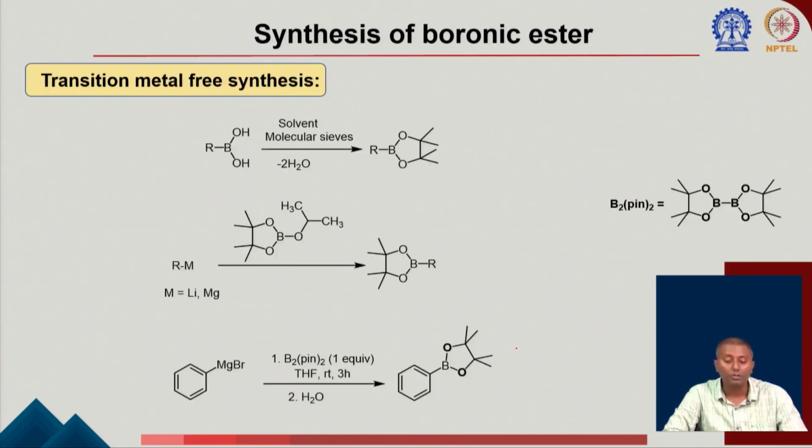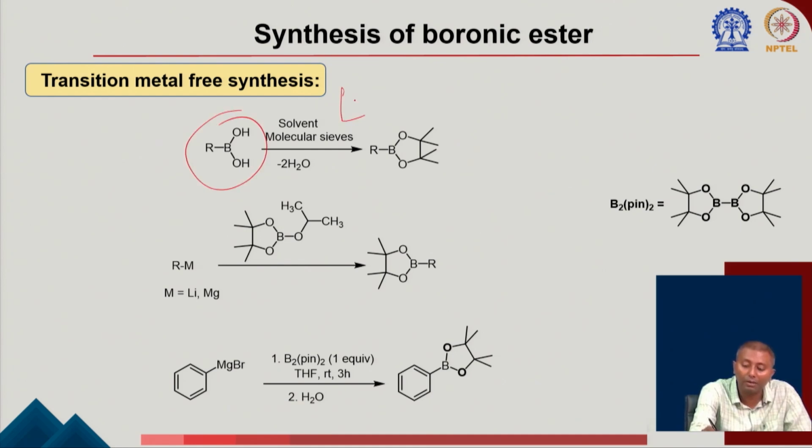Okay. So we talked about the synthesis of the boronic acid, correct? Now one of the easy options is to make the boronic esters. How do you make a boronic ester? Of course, once you have a boronic acid, as I mentioned, one of the early methods is you make the organolithium or magnesium reagent, use B(OMe)3, and then add HCl to quench the reaction, which will generate the boronic acid. From the boronic acid, if you take